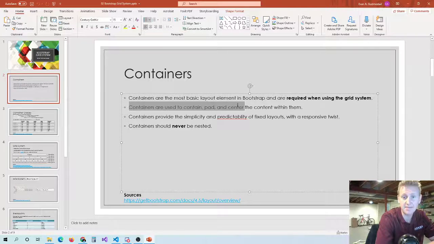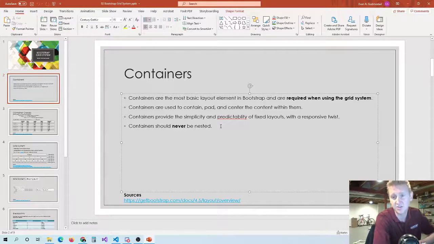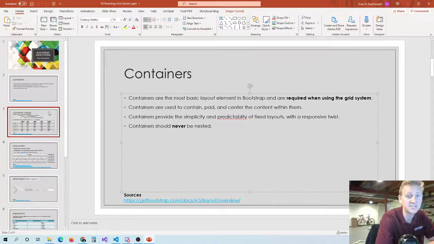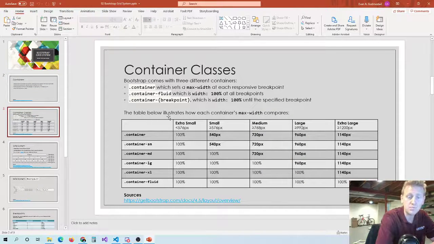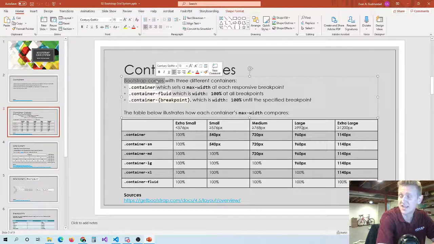Containers are used to contain, pad, and center the content within them. Containers provide the simplicity and predictability of fixed layouts with a responsive twist. And you'll also notice here, containers should never be nested, so you do not want to have nested containers. Keeping in mind that Bootstrap is a mobile first platform, it always deals with elements scaling up. And so when you have a class of container,